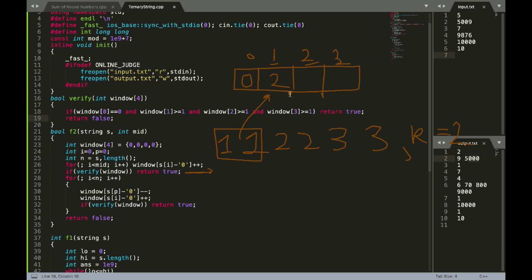Only then will I find my answer. So firstly it will return false, then I will move into this. Now I have to move my window. How can I move my window? I can first discard this part and then include this part.